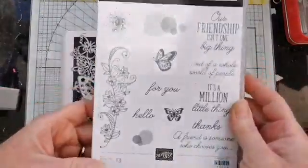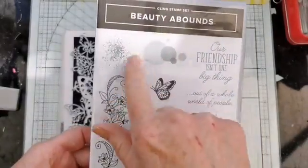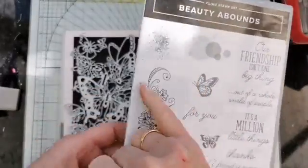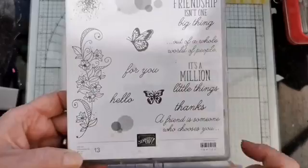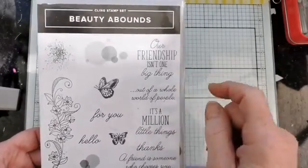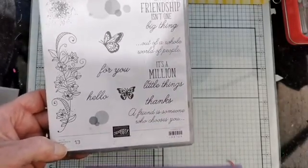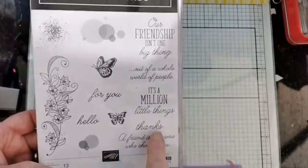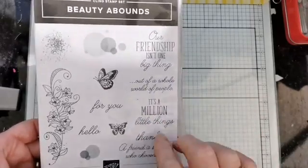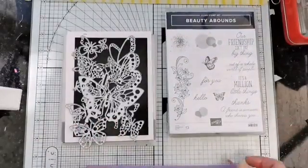Now the stamp set, as I say, we've got these couple of little butterflies, and you have got dies that will cut those out. You've got this sort of bokeh effect splodges, you've got this lovely splatter stamp, you've got this nice swirly foliage just here, and some nice greetings in a lovely font. Our friendship isn't one big thing, it's a million little things. A friend is someone who chooses you out of a whole world of people. You've got thanks, hello, for you, and obviously you can play with some of those